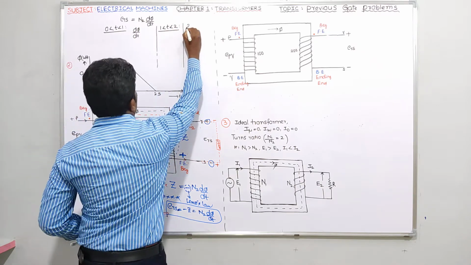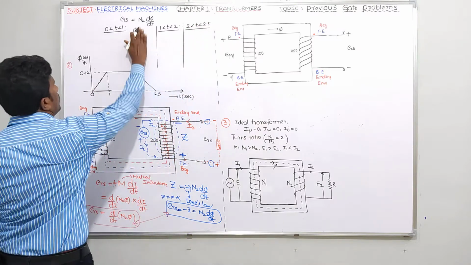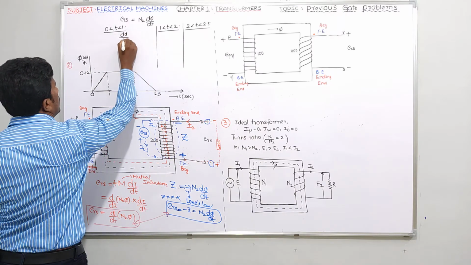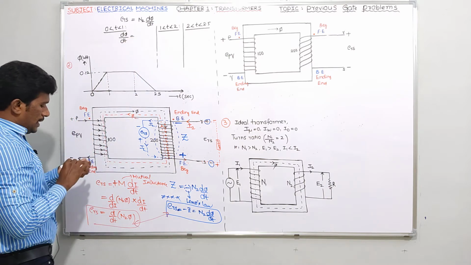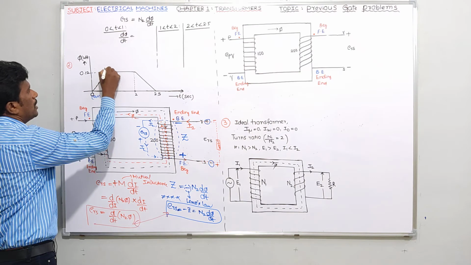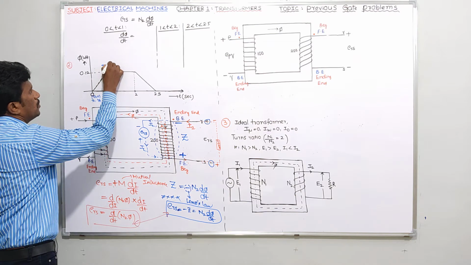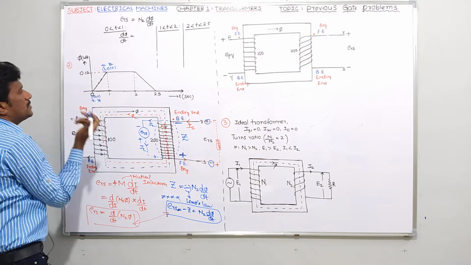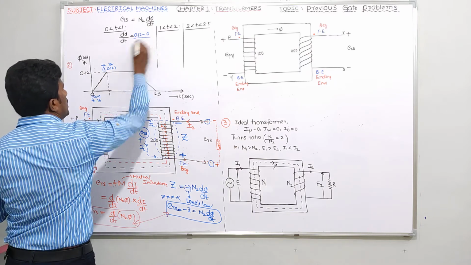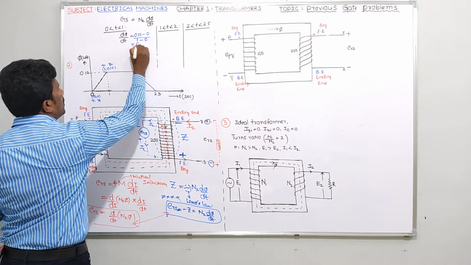Next, 2 less than t less than 2.5 in this region, tell me what is the value of d phi by dt. First of all, tell me the d phi by dt value in the first region. You can take points like this: 0, 0 and 1, 0.12, as x1, y1, x2, y2, so slope is y2 minus y1 by x2 minus x1. That's it. 0.12 minus 0 by 1 minus 0. So 0.12 is the value.